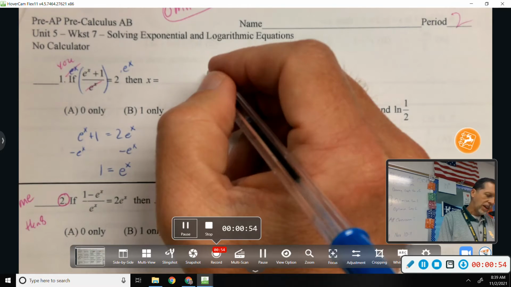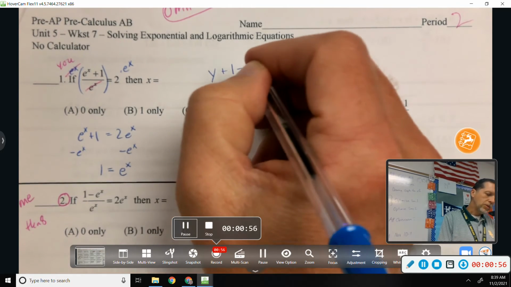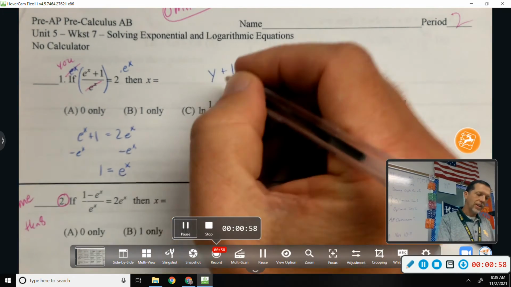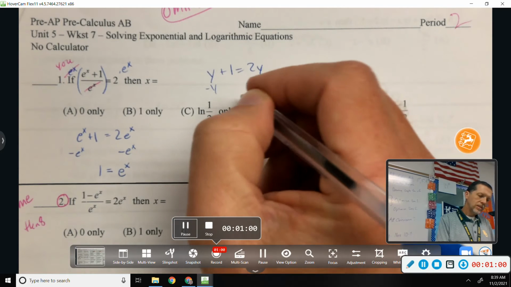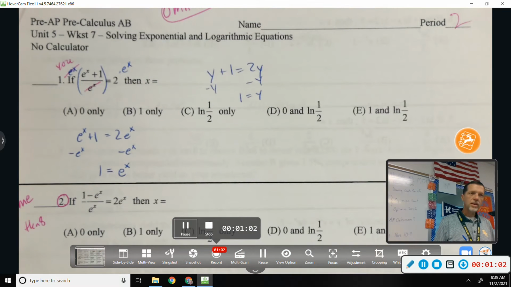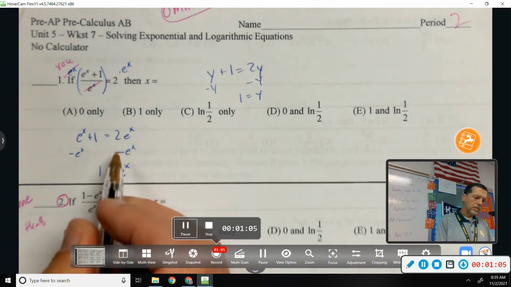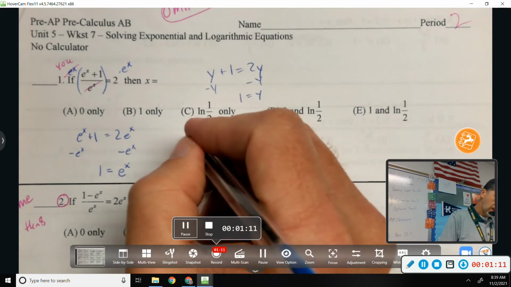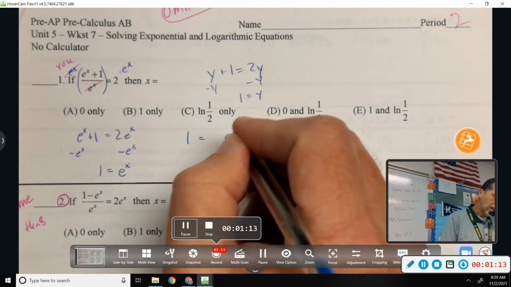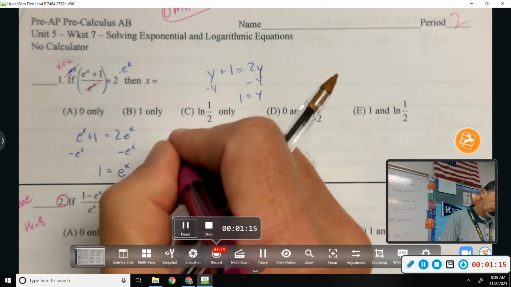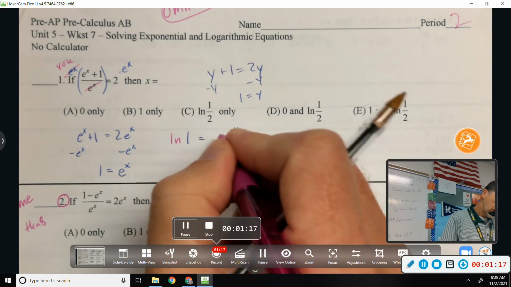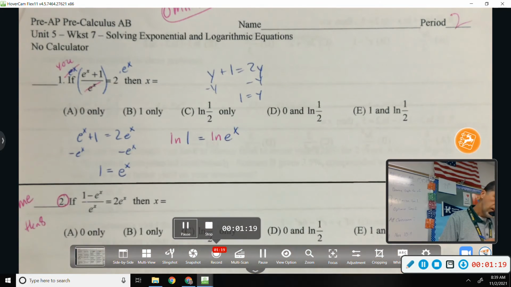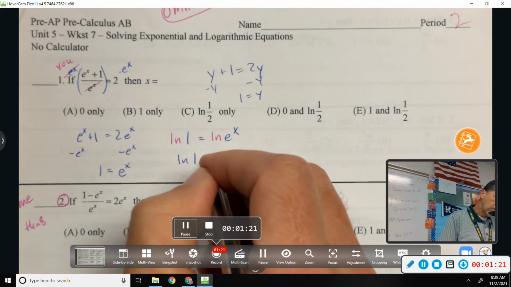This is just like y plus 1 equals 2y. Well, let's get all our y's together. Okay, so what do I do now? How do I get that x out of the exponent? Pulling it down with a natural log. I have to natural log both sides. So natural log of 1 equals